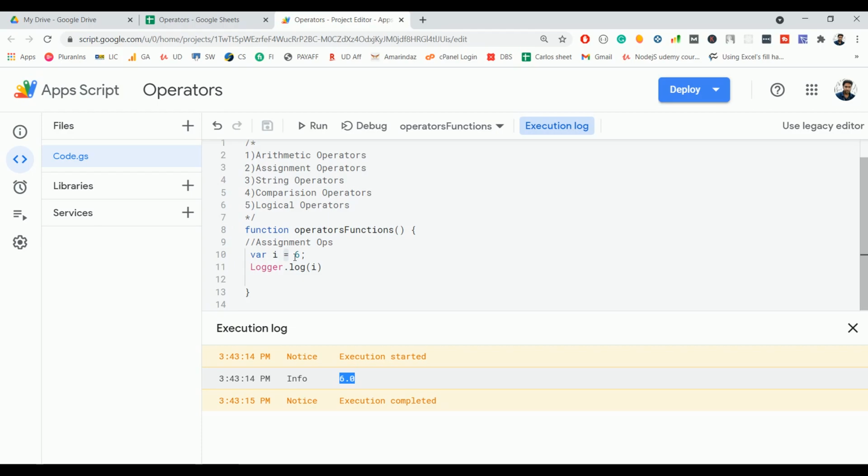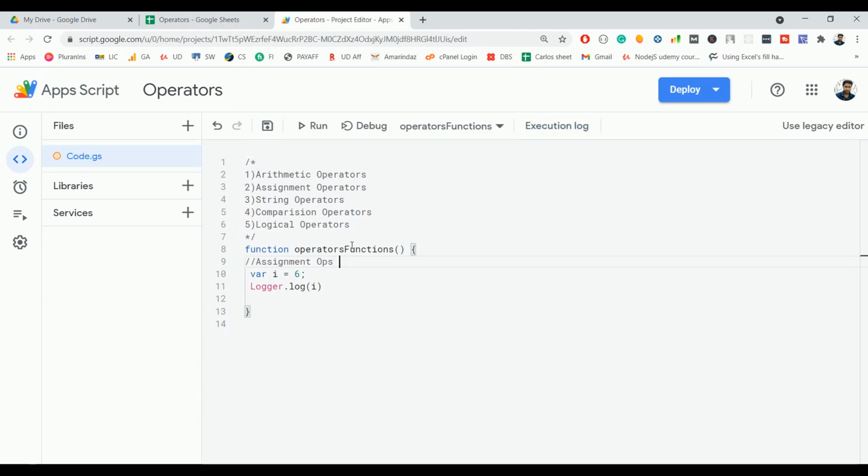So this is a basic assignment operator, and let's have a look at the addition assignment operator. Let's say I plus equal to 7. When I write an expression with the addition assignment operator, something like I plus equal to 7, the program will understand it like I is equal to I plus 7.